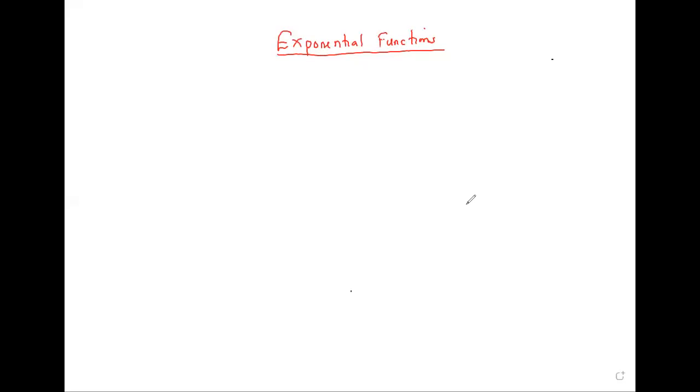An exponential function is a function of the form f of x is equal to a to the power x, where the variable is in the power. So if you find 2 to the power x, that's an exponential. 7 to the power x, that's an exponential. E to the power x, that's an exponential. And so